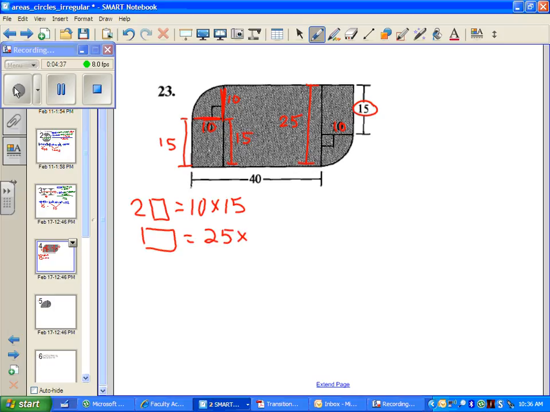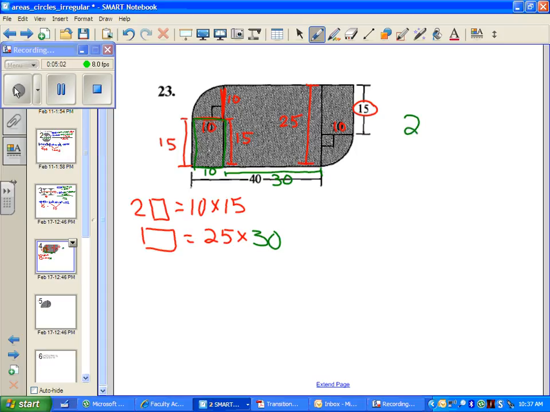And we know the base is going to be this length of 40 at the bottom minus the 10 right here, because since this is a rectangle, opposite sides are congruent. So that gives us a length here of 30. So we're going to end up with 25 times 30 for the base and height of the middle rectangle. Then we have 2